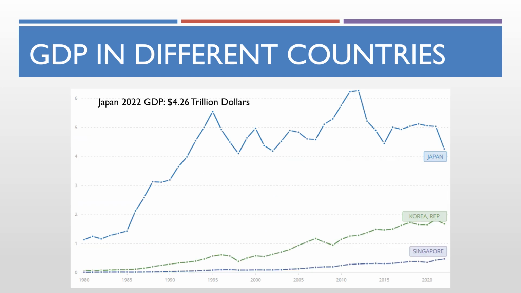And if we switch to Asia, this is speaking to the story of Asia, how Japan compares to Korea and also Singapore. Singapore is a fairly developed country, but it's very small, and therefore you can see that the GDP is staying at very low levels compared to the other two. However, Korea is a very interesting one to study after the year 2000 or a little bit earlier, like 1998 or so, because Korea had been an underdeveloped country in the past, but after